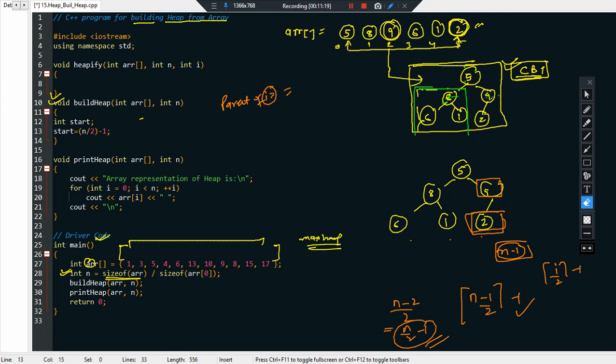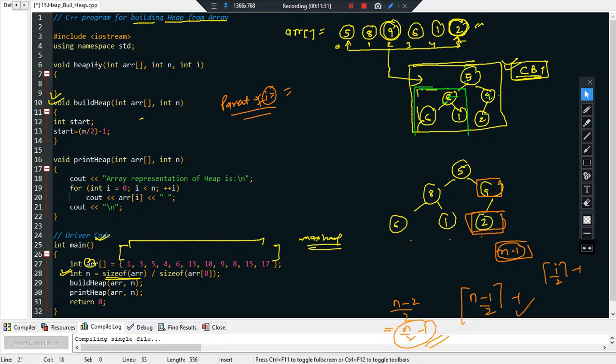Alright, so the parent of i is nothing but, you see, its formula is, let me write it again. Yes, so the formula for the parent of i is basically i minus 1 by 2, right?